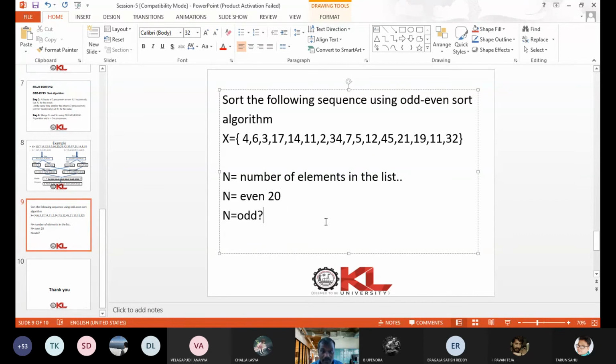No problem. For example, say n is equal to 15. 15 elements are there in the given list. Then how do you divide them? 7.5, 7.5 not possible. Can you take it as 7, 8 or 8, 7 or is any other procedure there? What to do? Okay, so you have to come out with some answer.